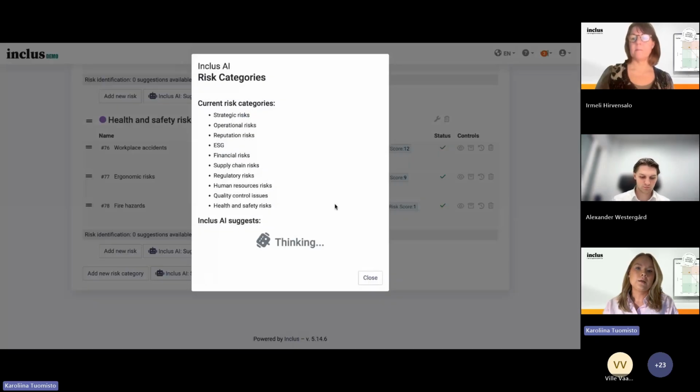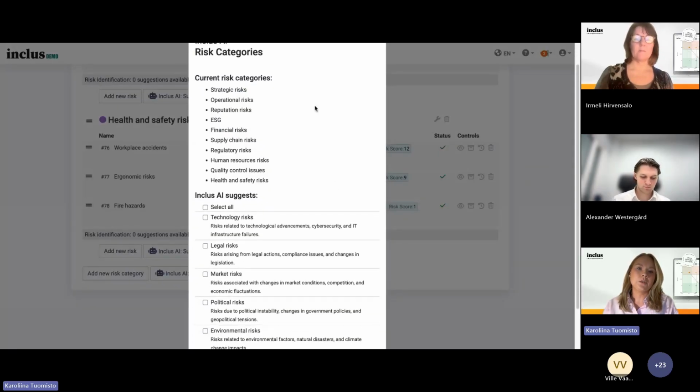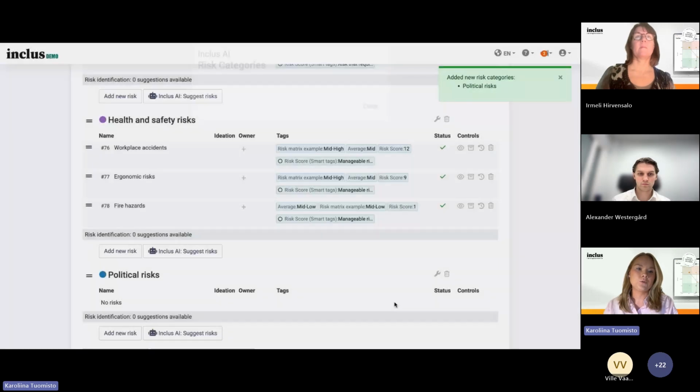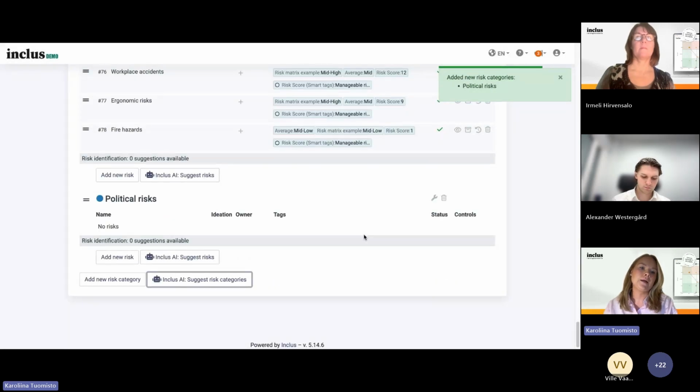So first it will list you the current categories you already have, and then the suggestions the AI will come up with of what kind of categories there could be that haven't been added yet to your risk register. So yeah, if you see something that would be relevant to you, you can just choose it and add it to the list. And now you can start adding more risks under this new category.